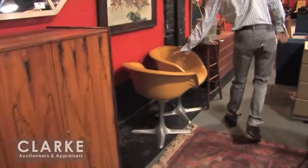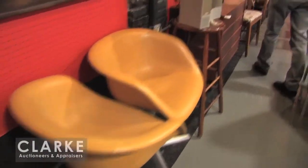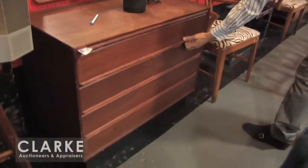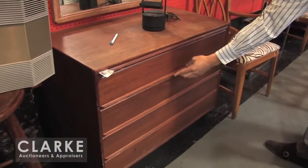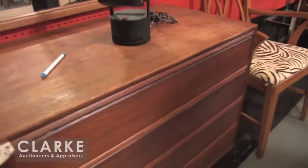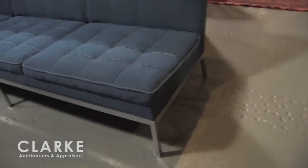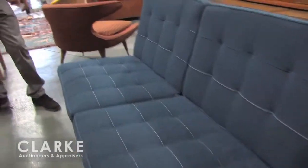Have a few set of Burke office chairs as well. Great vinyl, star bases, signed Burke on the bottom. Couple of teak recessed pull 4-drawer chest. There are some issues with the other matching mate to this one. With the pulls, a little damage on that, but it probably could be sanded and polished out. I have a Florence Knoll 3C long sofa, aluminum base, great original upholstery on this, and I believe it is